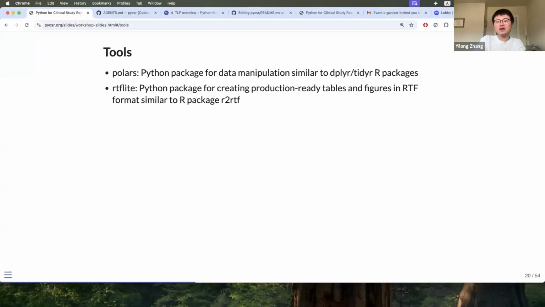Also, in pharma, we sometimes need to generate RTF tables as production-ready results to be shared with our clinicians, medical writers, or other members, right? That inspired a similar design from our package r2rtf, which we developed together. So rtflite shares a similar syntax, but is designed in a more Pythonic way.